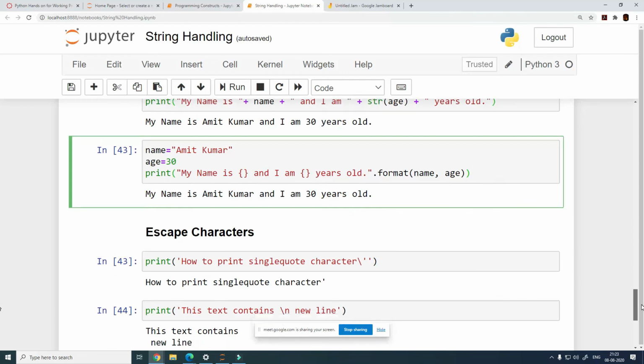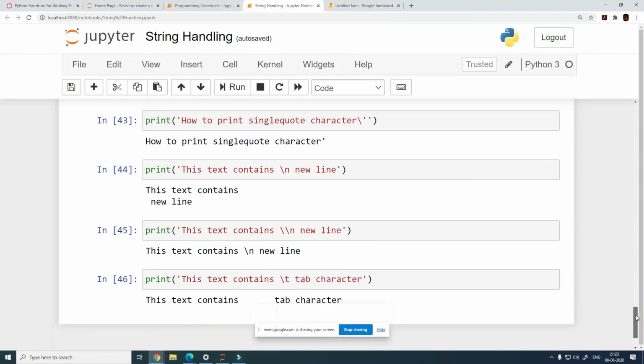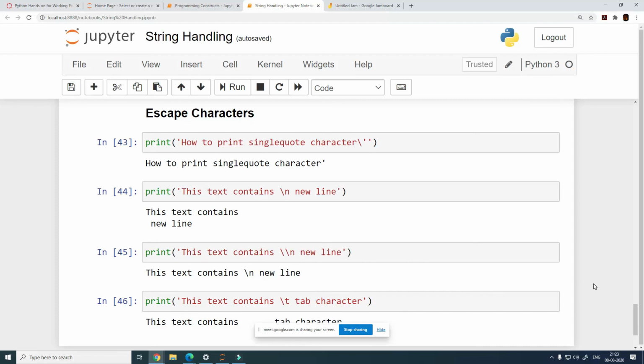So one last thing that we are going to see here is escape characters, right? Now what are these escape characters? And we are going to see a couple of examples. Although the number of escape characters are many, there is no way one can actually remember or memorize all of these, and this is not required as well. You should only be knowing as to what an escape character is and knowing some of the common ones. Anything which is required on top of or in addition to these, you can always find them, Google it out, and then use them. If you know how to use them, then this is not going to be difficult for you at all.